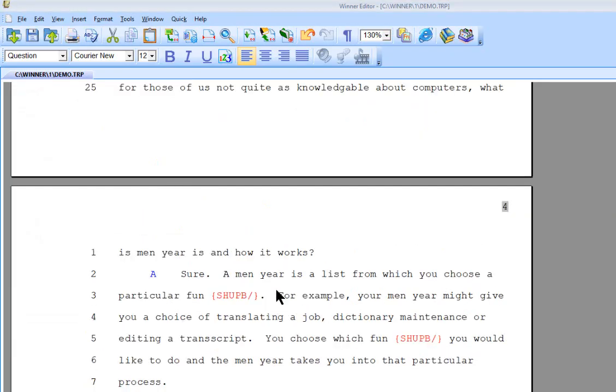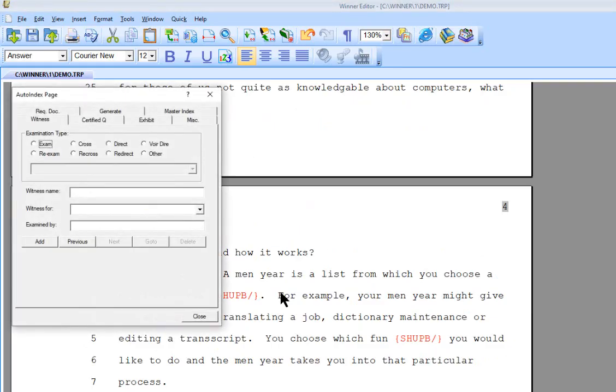And so, as you can see, when you hit Control I, it gives you a list of different types of exam types: direct, redirect, voir dire, other. And when you hit other, then you can type it in here, whatever that might be. You can enter the witness name here. So we're going to say this is a cross. Witness name is,